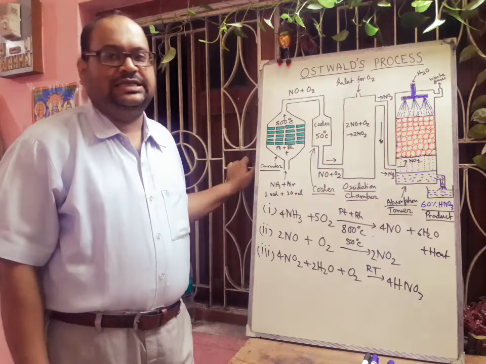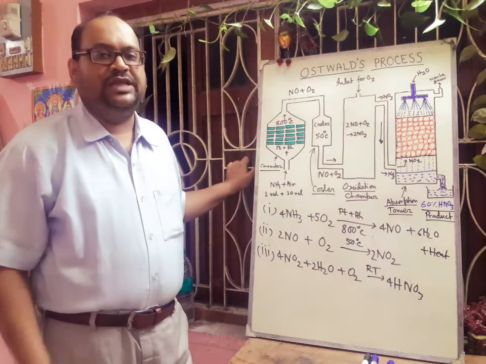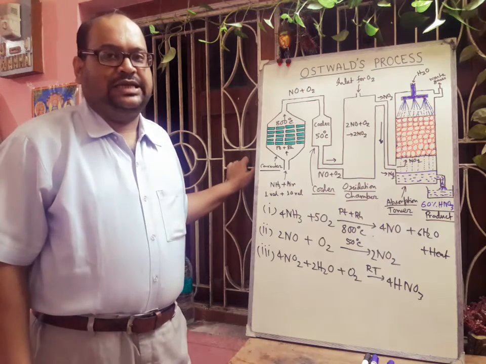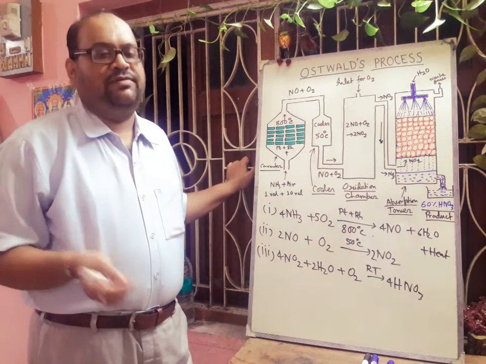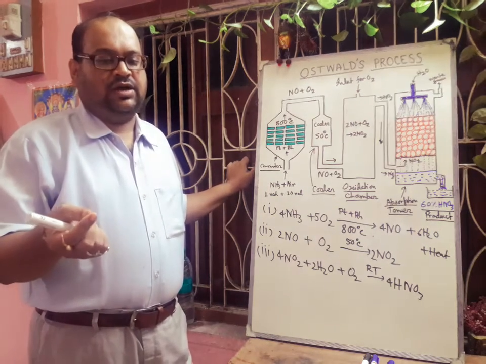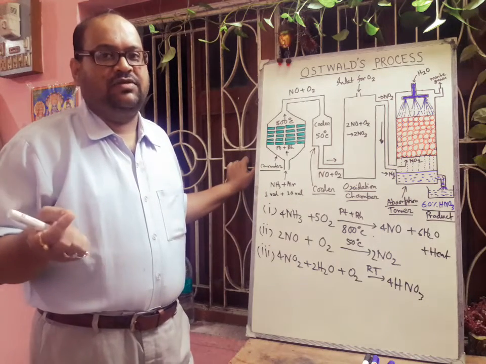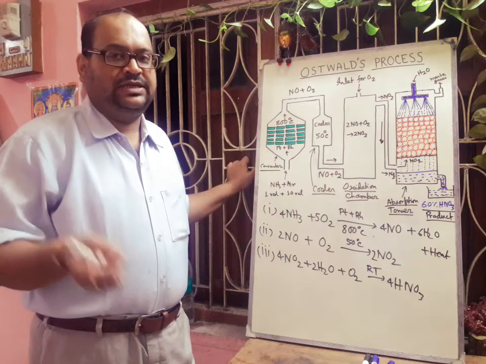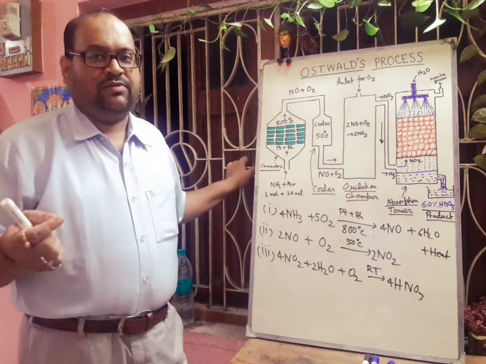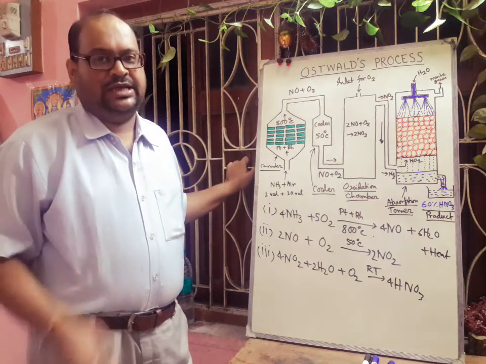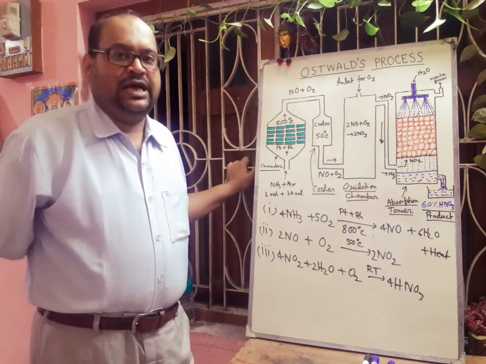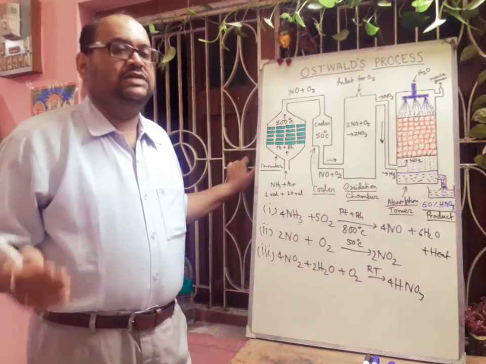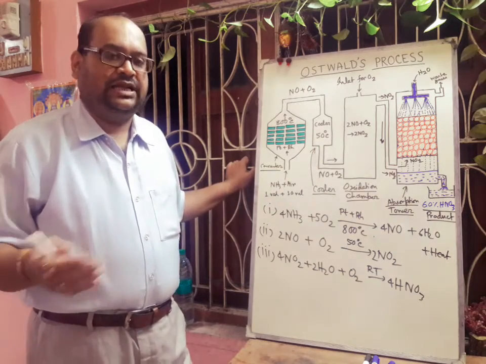Actually, commercial nitric acid is around 68%, but pure nitric acid is 98% concentrated. And dilute nitric acid generally reacts with protein. If our skin comes in contact with dilute nitric acid, what will happen? The skin will form a yellow colored compound. Why? Because the nitric acid reacts with the protein present in skin and forms an acid called xanthoproteic acid. Hence it stains the skin yellow. This yellow color is because of the formation of xanthoproteic acid; you have to keep that in mind.